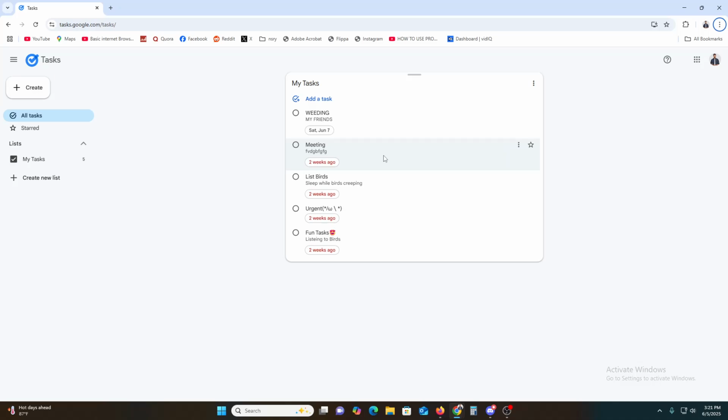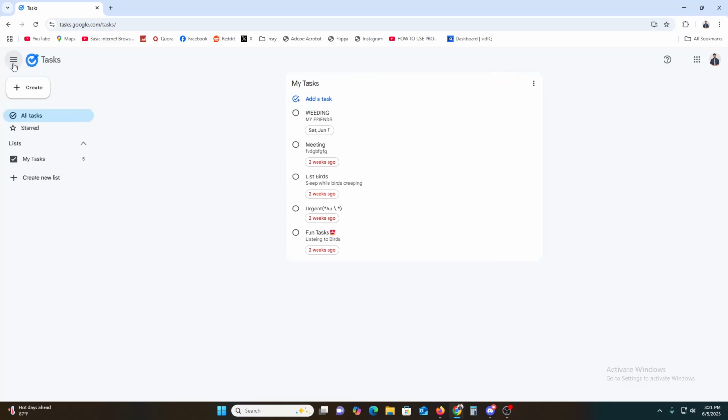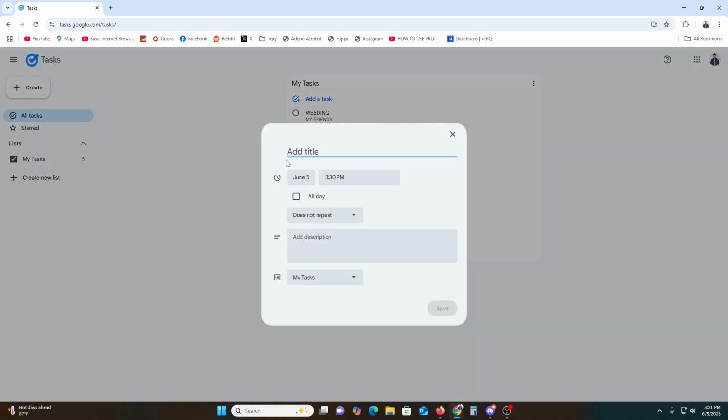This is really simple. If you have any idea about the English language, then you can already understand how easy the process is. So you can easily create your task over here. Just click on these three dots, and here you can see we have an option called create. Let's click on create, and here I'm going to give a title. I can give any name. I'm going to write content,